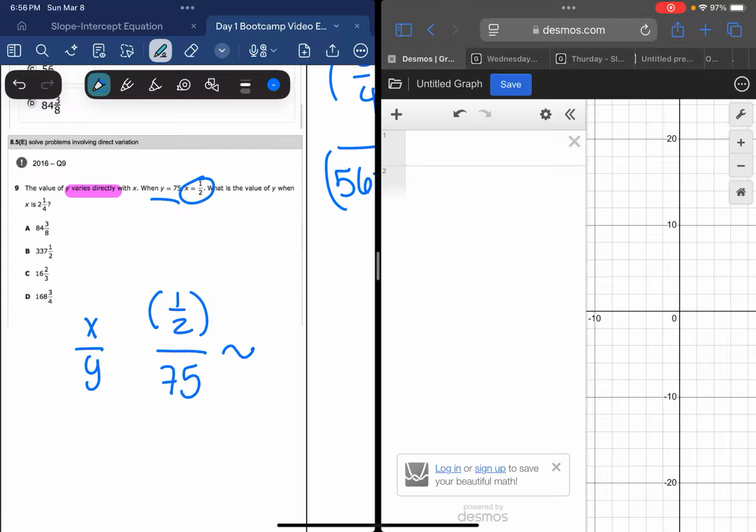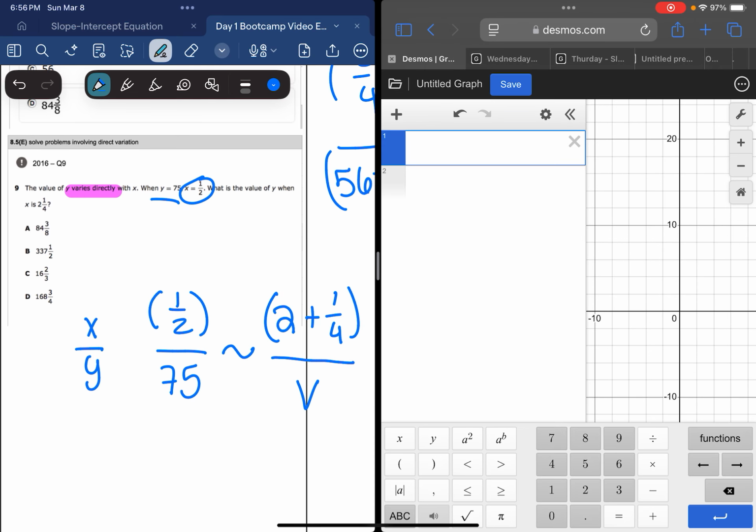Tilde, what is y when x is 2 1/4? V. So we're going to go ahead and do that on decimals. Remember, it is important that you put parentheses. 1/2 divided by 75,